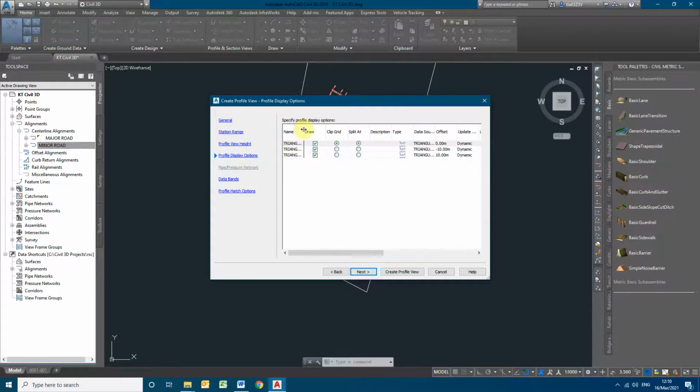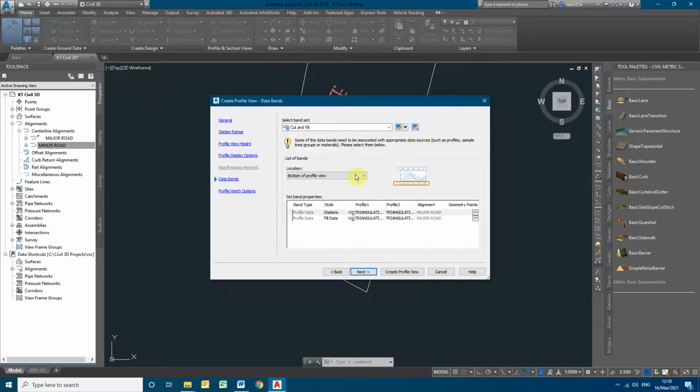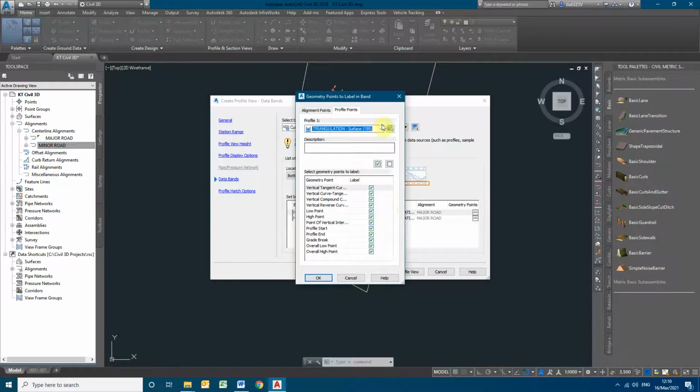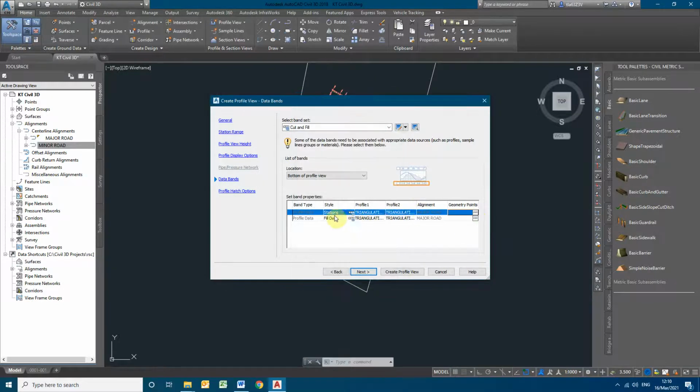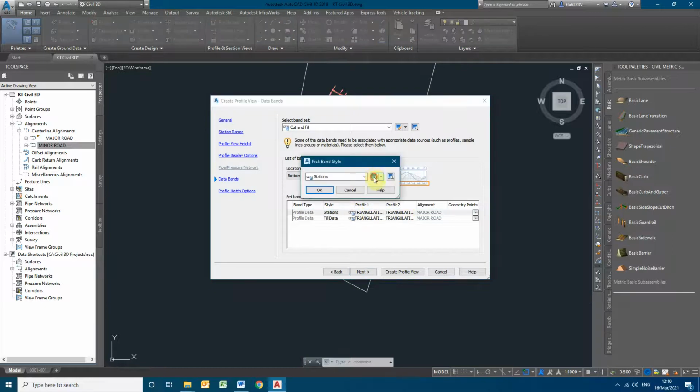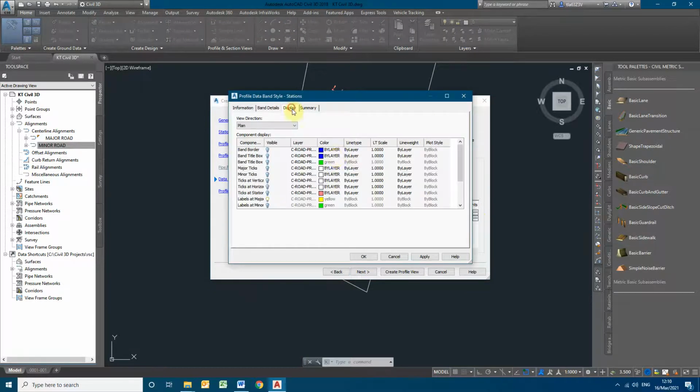So what are the profile surfaces that I have to show? Every time you can click add data bands. So cut and fill quantity. You can give the color coding for the cut and fill quantity separately based on this.